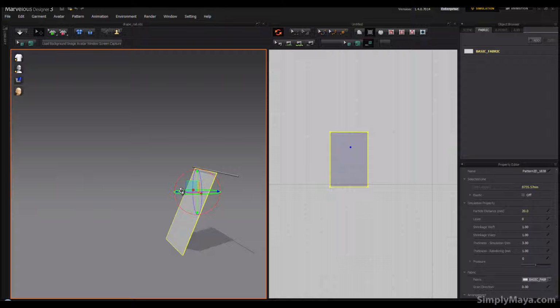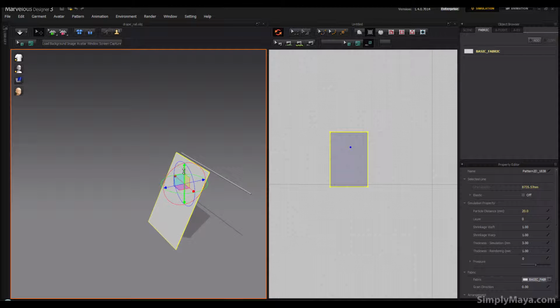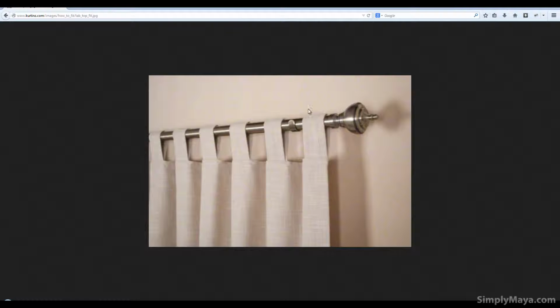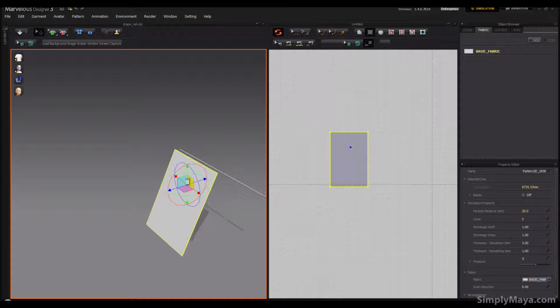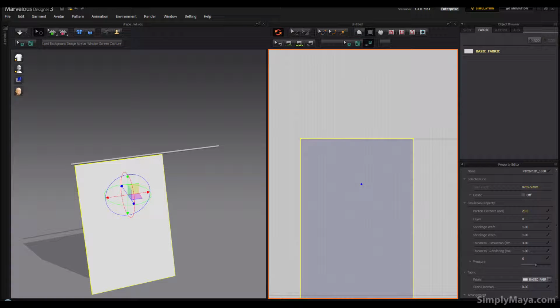Now what makes this curtain different to the other one is this one's actually going to be attached to the curtain rail, and I'm not sure what you actually call the technique, but I'll just bring up a picture. Okay, so I want to do these kind of curtain loops. Alright, so we'll dip back into Marvelous Designer, and I'll just start by simply going into my pattern view here,